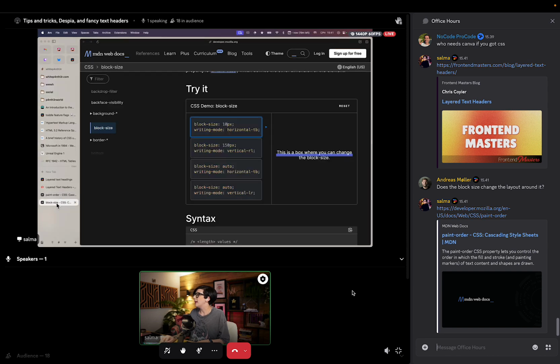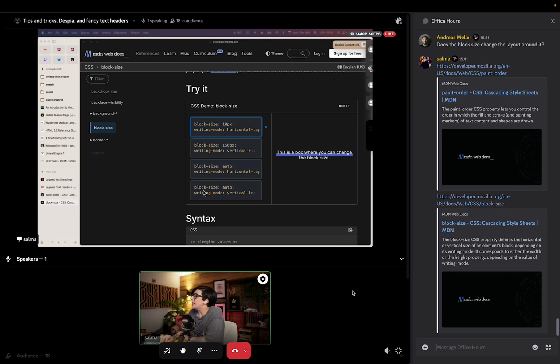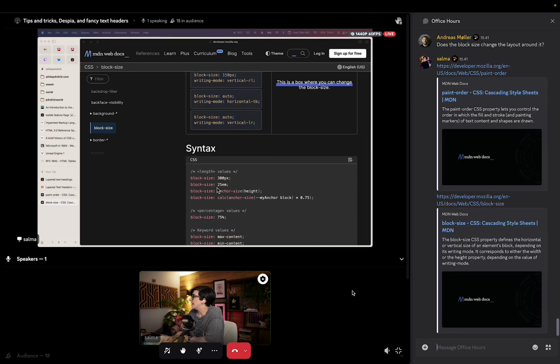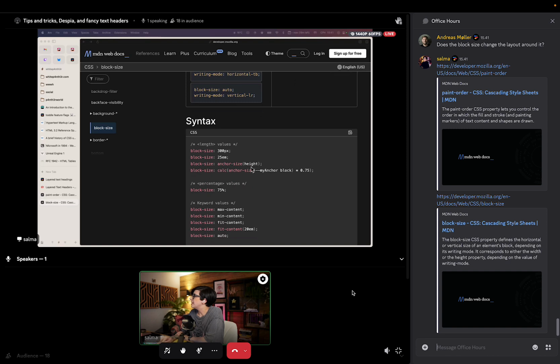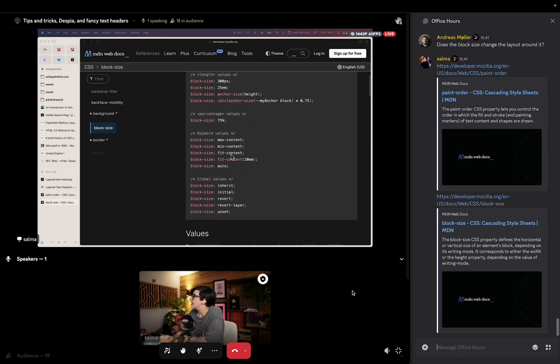There is block size. The block size doesn't seem to change the layout around it either. It really is just like the inner block size. And it's got all of these things. You can use keyword values on it. So if I used one of these like min content, fit content, it would actually fit it. But I am just describing it